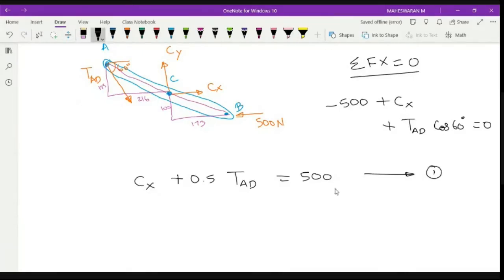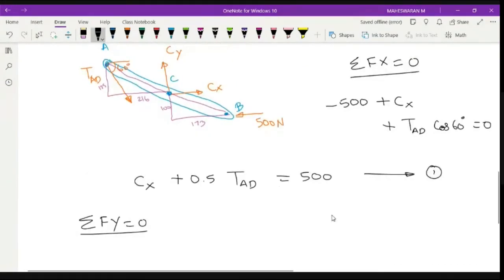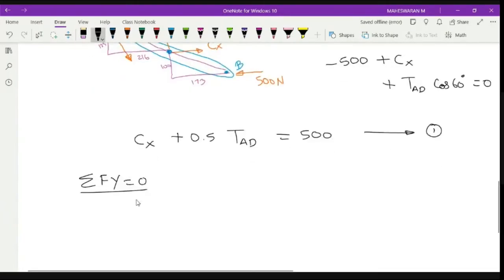Okay, so when I equate sigma Fx = 0, I am getting this. Next we'll proceed with the second equation: sigma Fy is equal to 0. If I put sigma Fy equal to 0, there is no vertical force here, leave it. Horizontal is here, and you have a vertical force, which is Cy. So Cy,